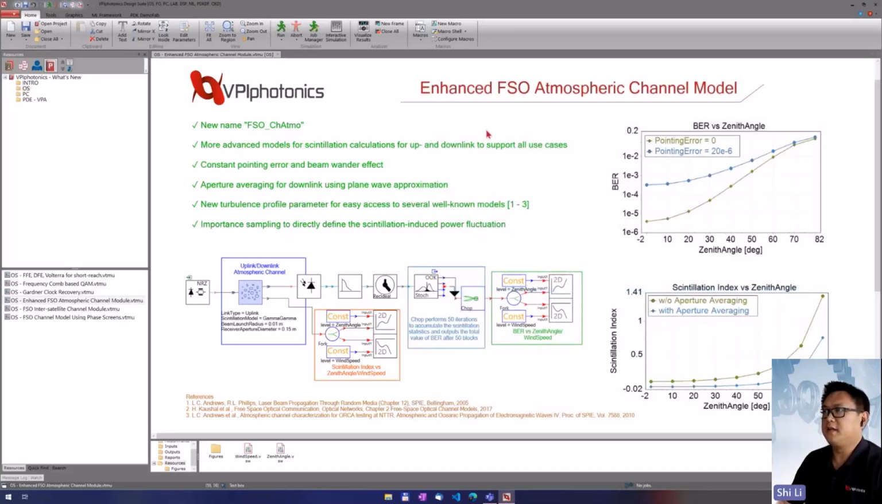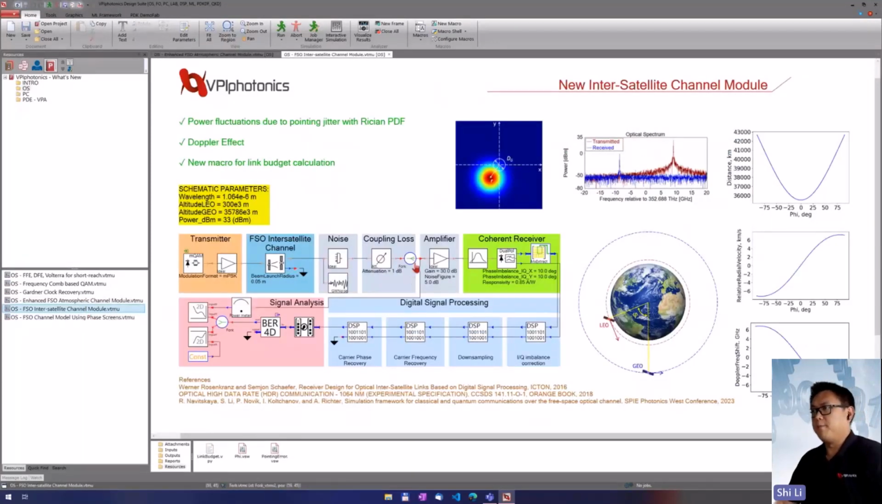So this is all for the enhancement of this specific atmospheric channel model. The next model is the intersatellite channel. So we have added in this release a new intersatellite channel module, which accounts for the power fluctuation of the pointing jitter using the Rayleigh PDF, and also for